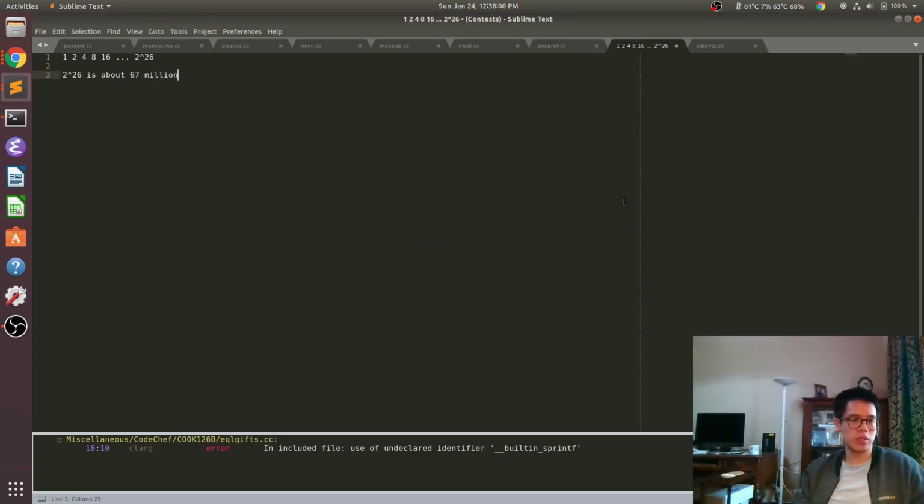It's about 67 million. So that is the biggest power of 2 we can fit in the constraints. And definitely no 2 subsets here will have the same sum, because the subsets here will just generate all of the sums between 1 and 2 to the 27 minus 1. Okay, so